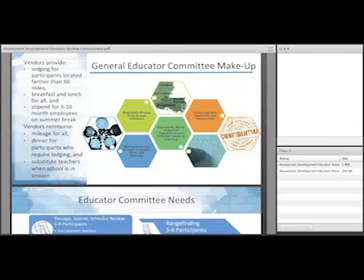We need teachers who teach special education, both gifted students and students with low cognitive functioning and learning disabilities. We need teachers who work with visually impaired students. We need these perspectives. We need teachers who teach English language learners. We regularly struggle to find these particular teachers. So all of our committees need this diversity and representation.